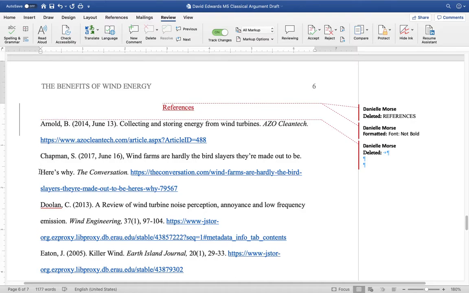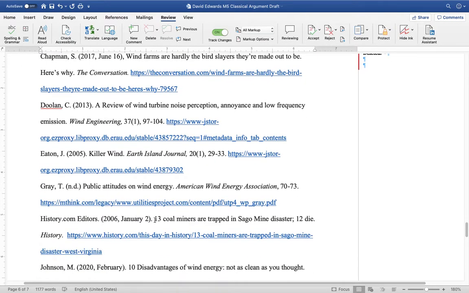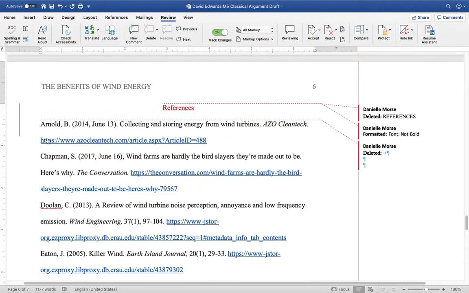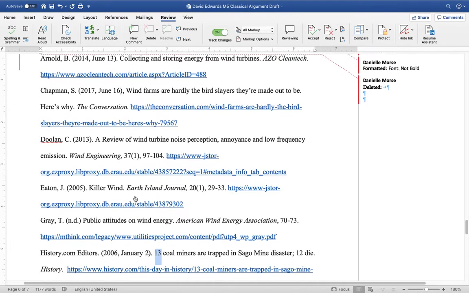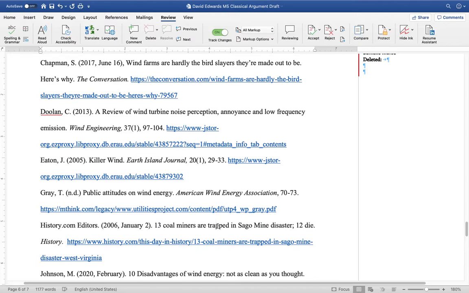But it's organized, it's alphabetized. That's why I say, if it starts with a number, that one would go first. It would start with 13 coal miners because it's a web source. So this is